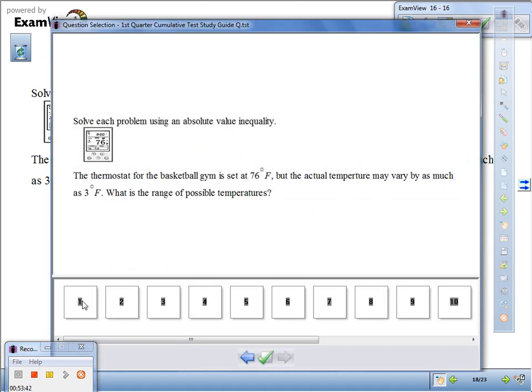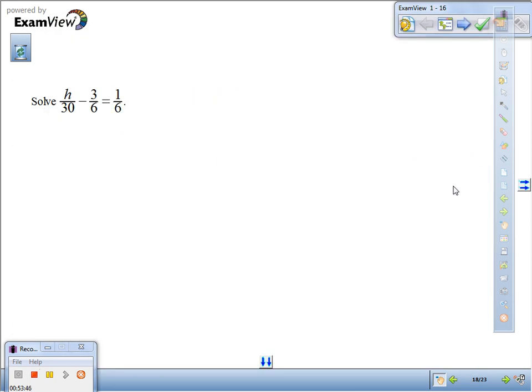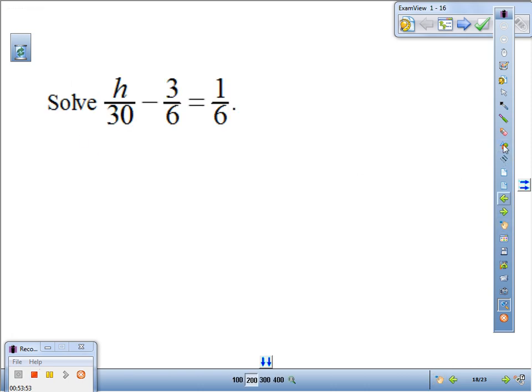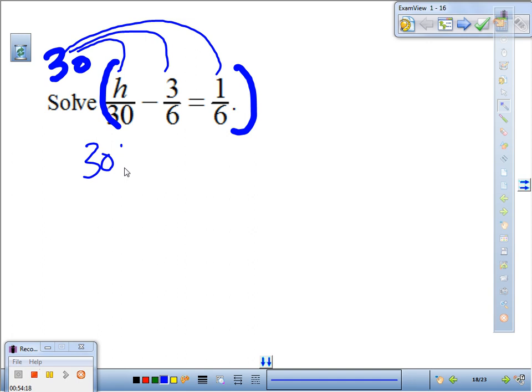All right, Algebra 1, let's go to problem number 1. Problem number 1, it says, focus please, solve. Before I start with that one, tell your neighbor the first thing we need to do, please. Identify common denominator. What would be our common denominator for 30 and 6? 30. So we multiply everything times 30. So I'm going to multiply 30 times h, 30 times -3, and 30 times 1. So that is 30h over 30 minus 90 over 6